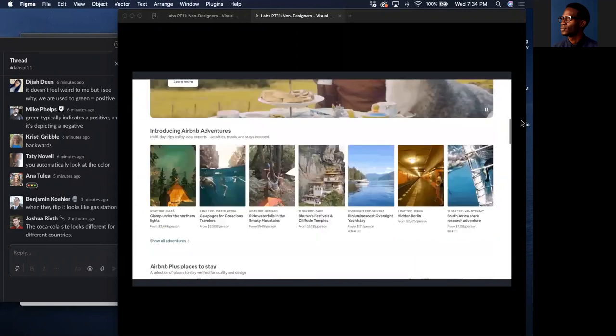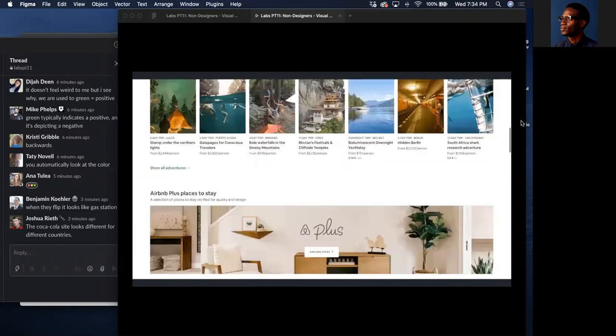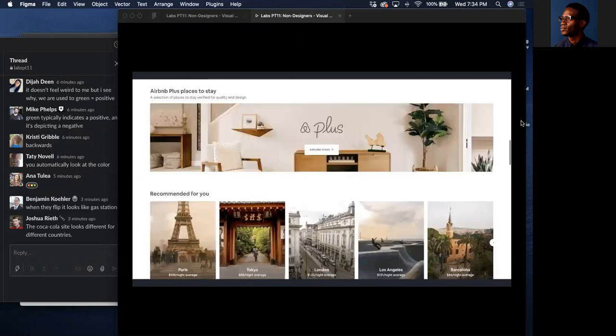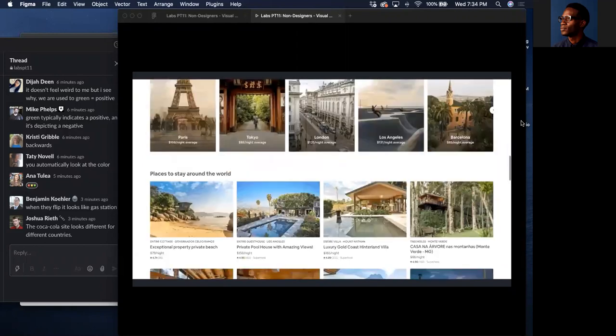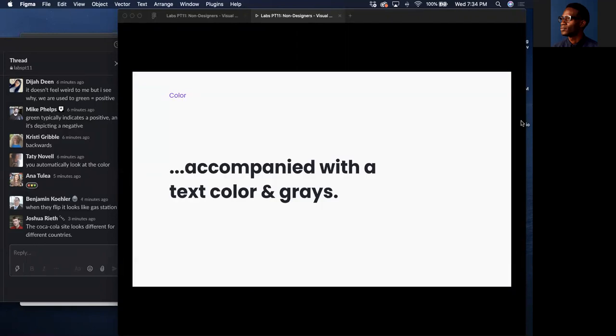Here are more examples of Airbnb using photography throughout their experience. Also, from using that one product color, you'll want to try to accompany it with a text color and grays. Grays are very important to use within app experiences. They can communicate a lot of contrast, which can communicate different states between something being disabled or create